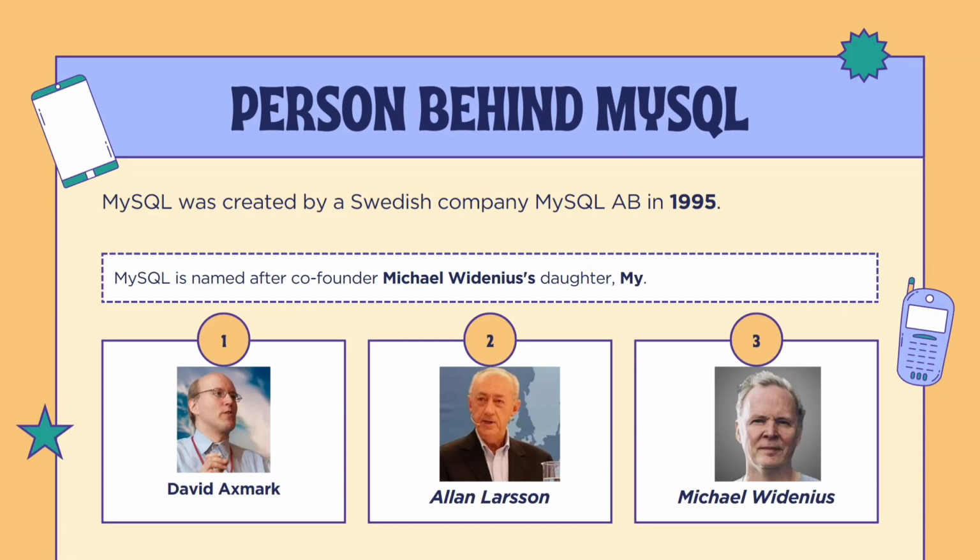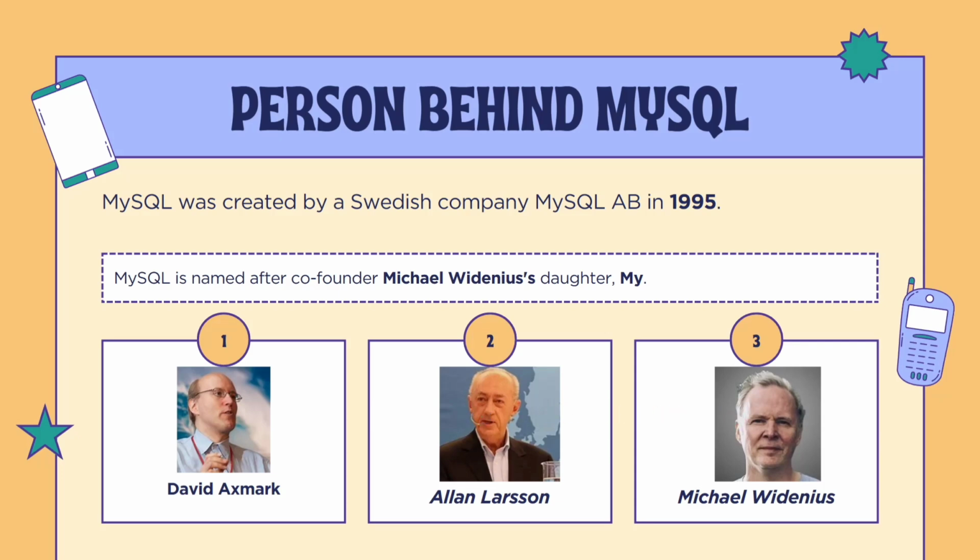Before learning anything, we should always show respect to the people behind it. When we talk about Apple, we know the person behind Apple is Steve Jobs. But when we are learning any programming language or mathematical formula, we never learn the name of the person behind it. So these are the people behind MySQL. First one is David Axmark, Allan Larsson, and Michael